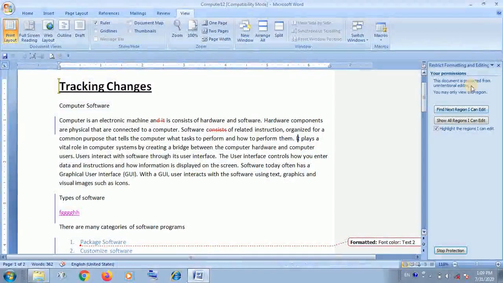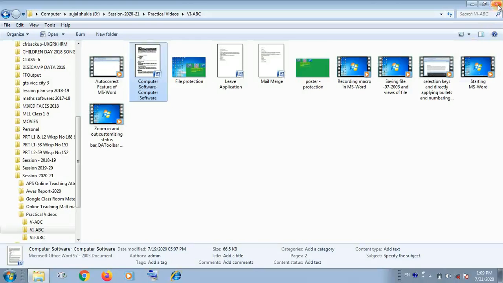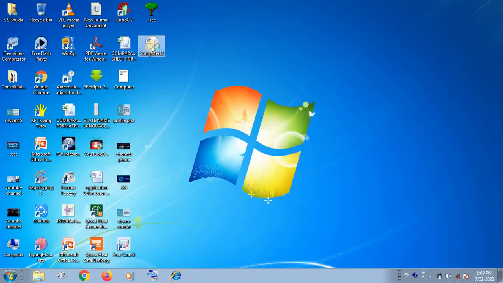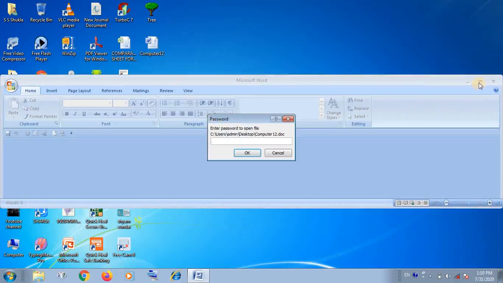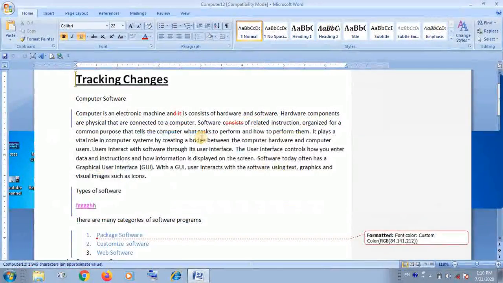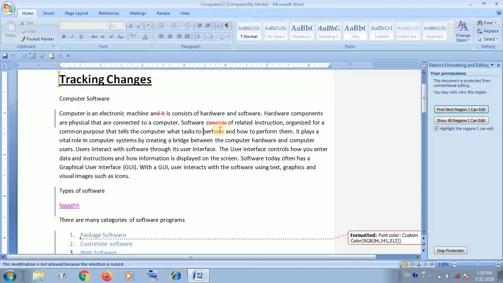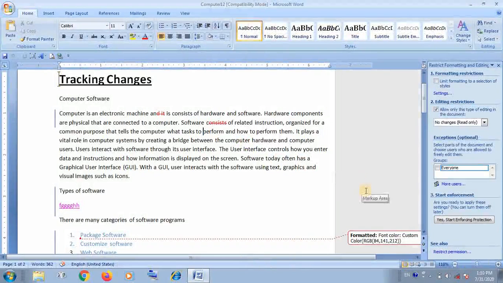Now go to our home screen, close the file, and go to the home screen and double click on that particular file. You will find, firstly you have to enter the password which you entered while saving the file. Okay, and as you are looking here, my content is open now and we can't write here, and again you have to go to stop protection, then you can open it again.